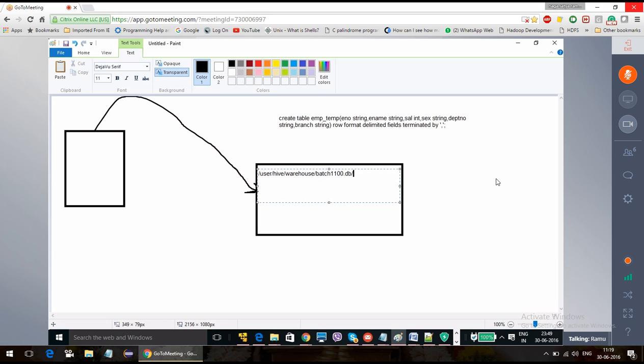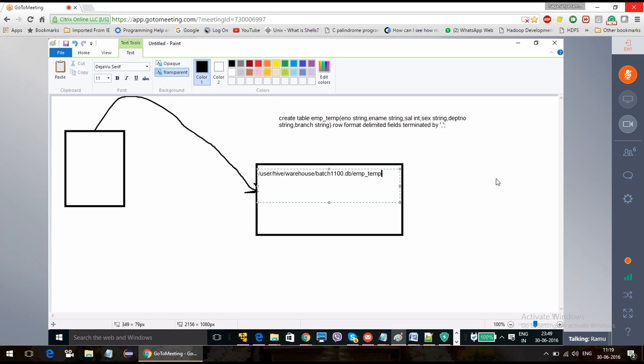Again here one more directory, emp_temp, is going to be created: /user/hive/warehouse/batch1100.db/emp_temp.